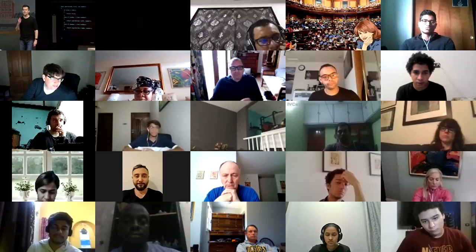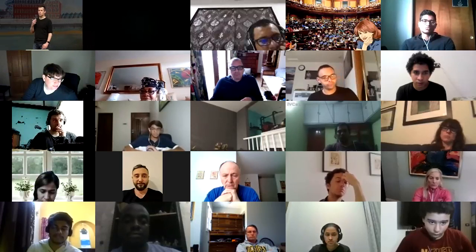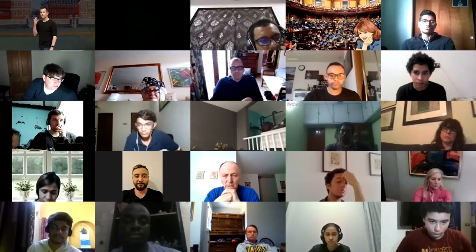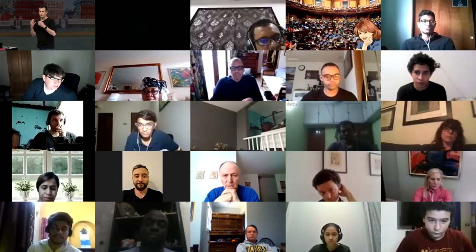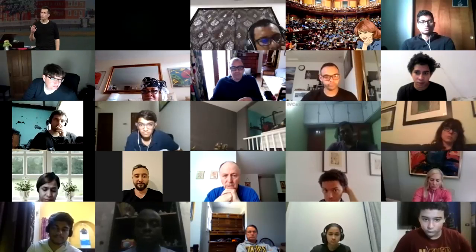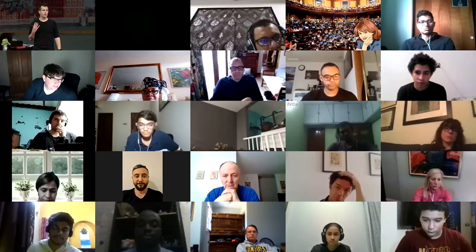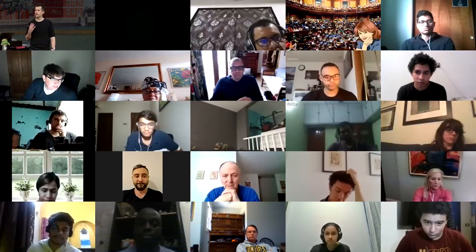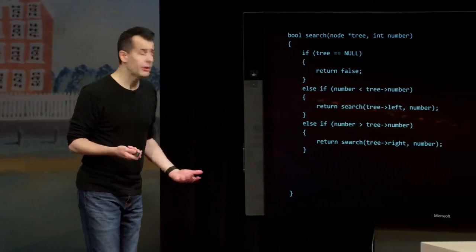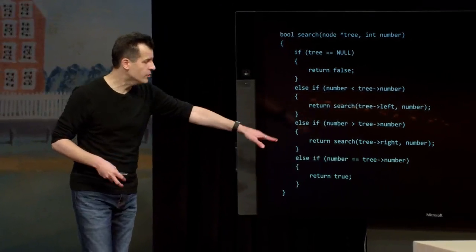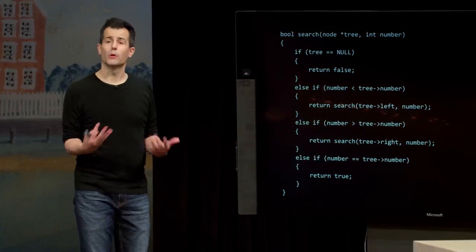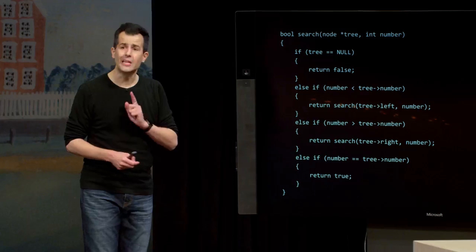There's one final case. And let me toss this out to the group. There's a fourth case. Verbally or textually, what else should I be checking for and doing here? I've left room for one final case. A few people are suggesting if the tree itself is the number. If the tree itself contains the number, yeah. So if the number in the tree equals the number I'm looking for, go ahead and only in this case